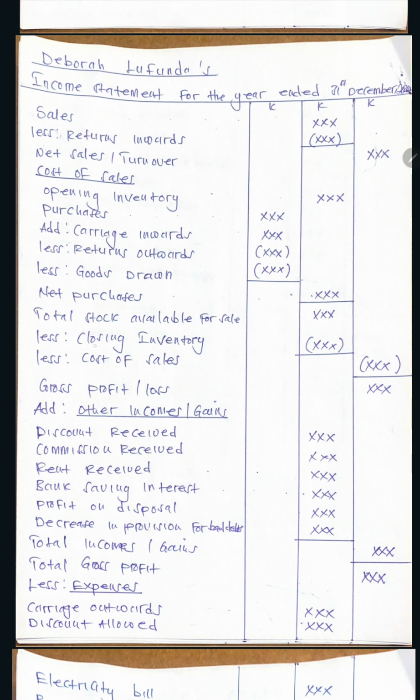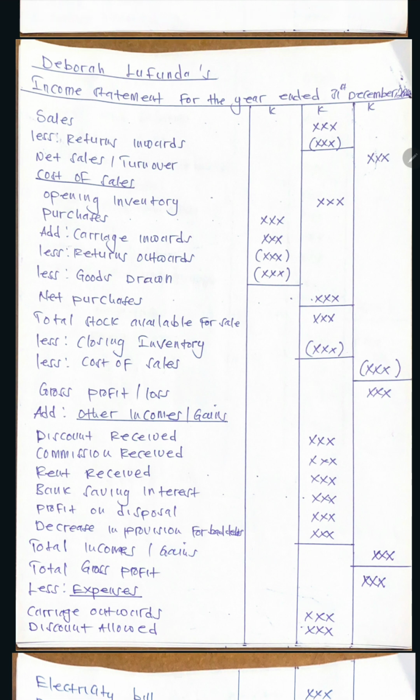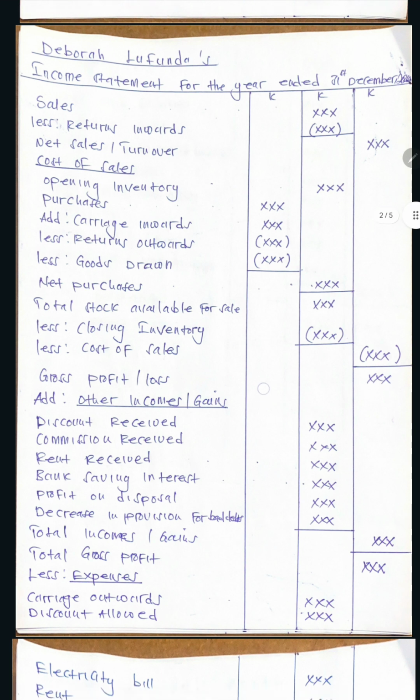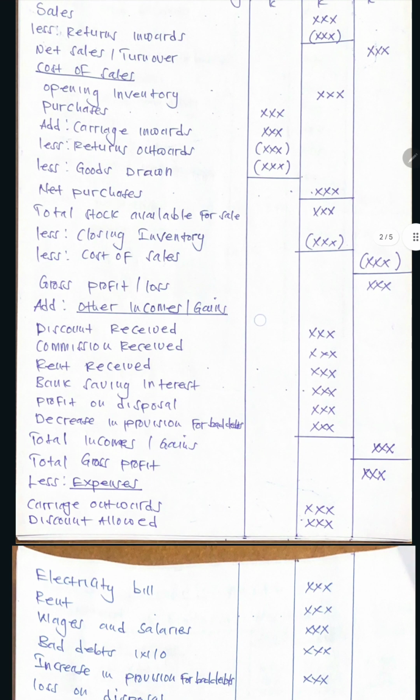And then from there, you list your closing inventory. The figure you get will be your cost of sales. So that's how you go about finding cost of sales: addition of opening inventory, purchases, net purchases, less your closing inventory, then you get your cost of sales. And then the difference between your sales amount and your cost of sales is what's known as your gross profit. And then from the gross profit, you check, do you have any other incomes or